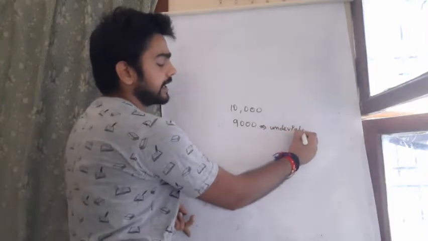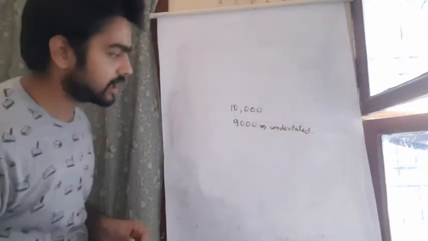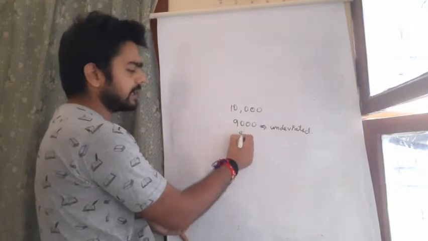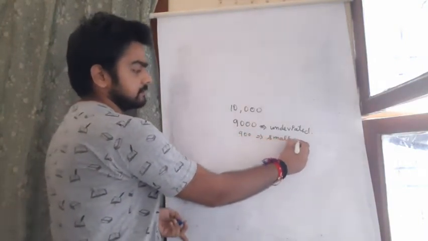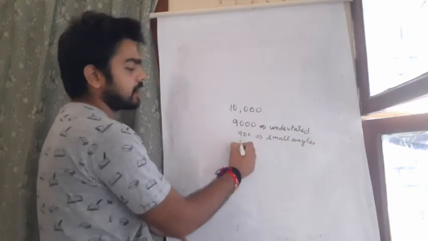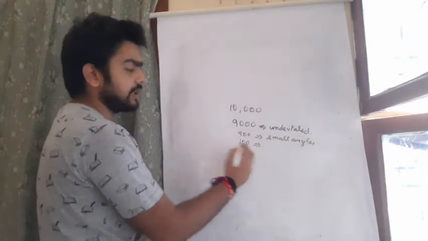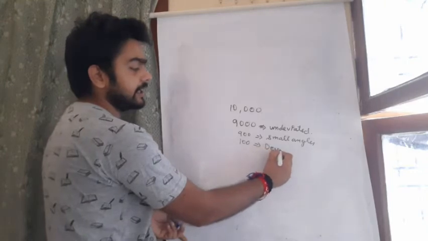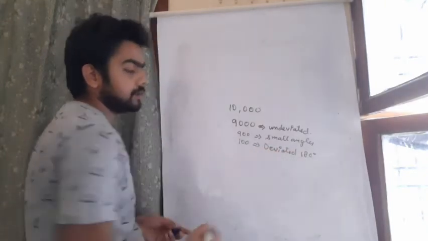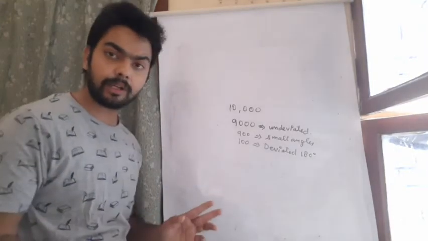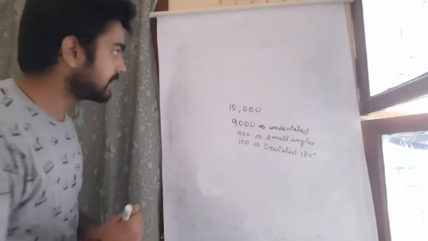And undeviated can only be the case when there is negative charge. Out of them, 900 deflected by small angles. And only 100 deviated by 180 degrees. So Thomson's model was wrong, and Rutherford came with the conclusion